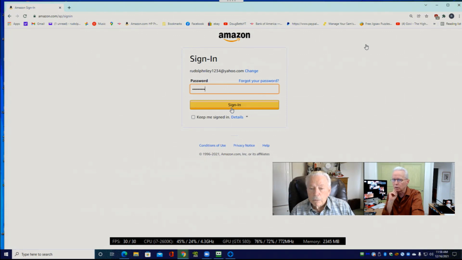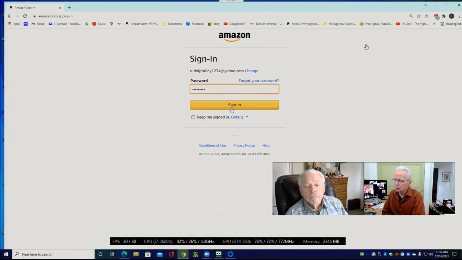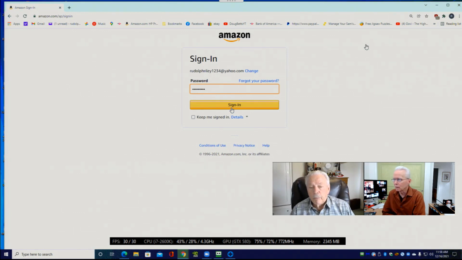Now, also, before you click sign in, notice that check mark for keep me signed in. Maybe the last time that you signed in, you clicked that check mark, and that might be why you didn't automatically get signed out simply because you had closed the window. I normally don't click keep me signed in. I do have a couple that I do, just for my own convenience, but I've not done it on Amazon to my knowledge.